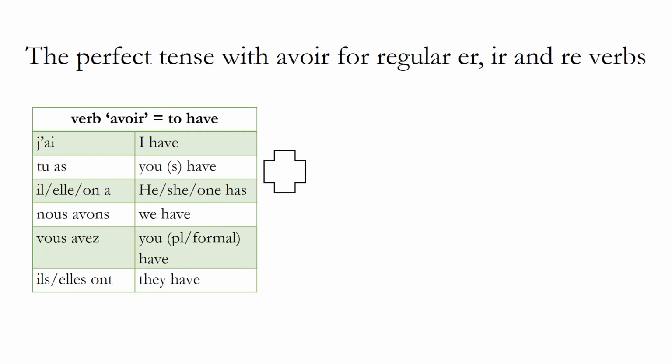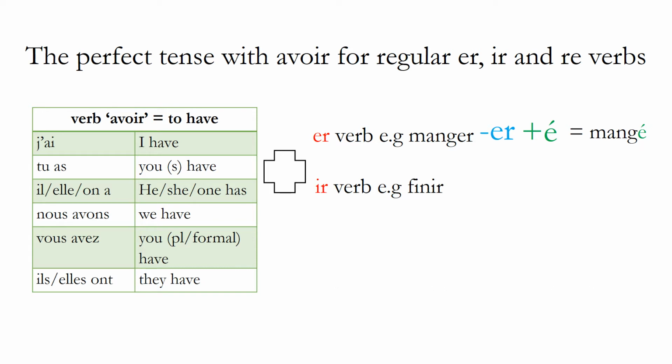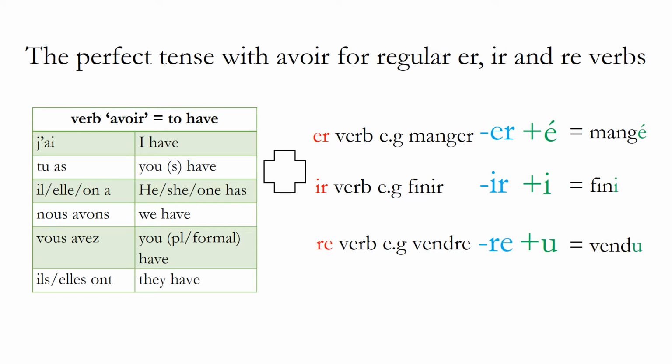Well, as we know, for er, we take off the er and we add an e accent, meaning we end up with mangé. For ir verbs like finir, to finish, we take off the ir and we add an i, meaning we have fini. For re verbs like vendre, to sell, we take off the re and we add a u, leaving us with vendu. So please repeat after me. Mangé, fini,